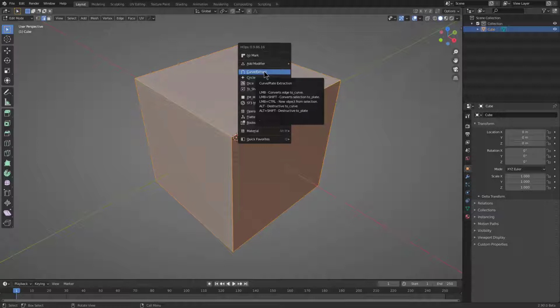Alt clicking will basically turn it to a curve while destroying what created it. So that can come in useful for times where you just want to do a one-way street to a curve. And then finally, Alt Shift will destructively convert it to a plate, which is useful for destroying the original shape to plate things outward. So to go over this in action, we'll start off with converting an edge to a